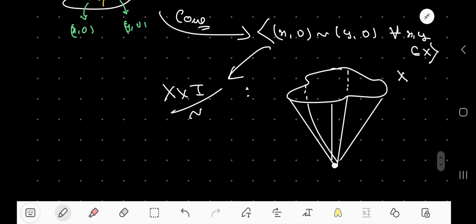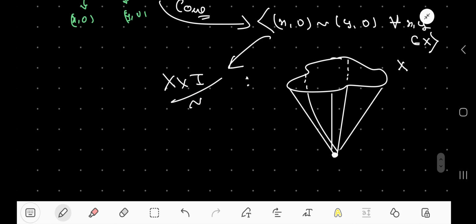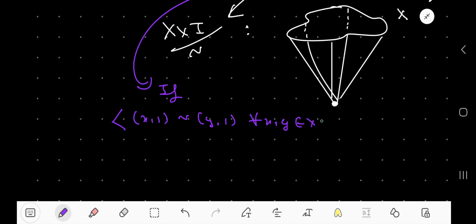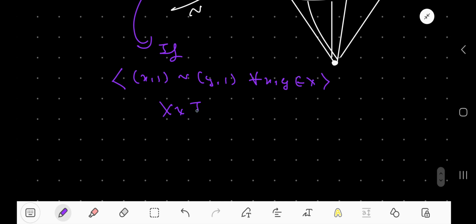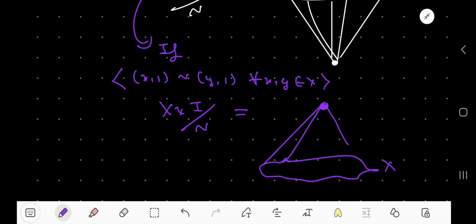Okay, if you carefully observe, we could also squeeze the above surface and we will still get a cone, right? So let me just add it in a way that if the generating relation would be of the form (x,1) identified with (y,1) for all x, y in capital X, then X cross I mod tilde would also generate a cone where the above surface will now be identified to a single point, and the bottom surface X will be as it is, right? So this surface X will be as it is, and we will have ultimately this sort of a setup,